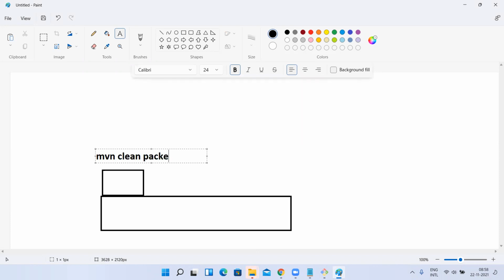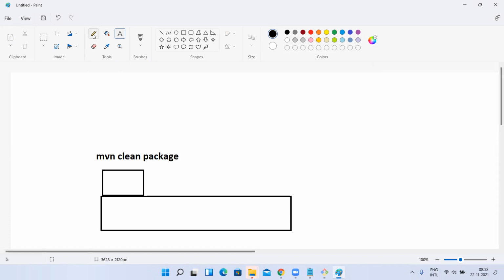On which machine will this mvn clean package command execute? On the same machine where Jenkins is installed. So I have given this goal for my Jenkins. Jenkins will execute this command on my host only. That is the reason I configured Maven there.